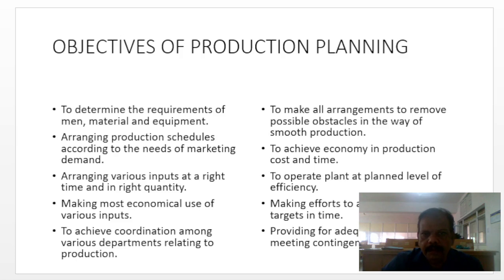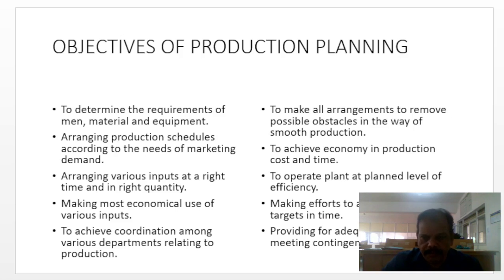The objectives of production planning are to determine the requirements of men, material, and equipment, as I already said; arranging the production schedules according to the needs of marketing demand; arranging various inputs at the right time in the right quantity, and making most economical use of the various inputs to produce the goods; to achieve coordination among various departments relating to production, and to make all arrangements to remove possible obstacles in the way of smooth production; to achieve economy in production